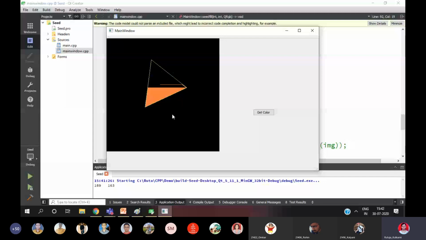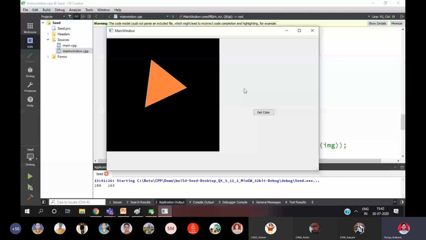It goes on filling the bottom part now. Some delay I have given. If you increase the delay, you can see how it gets filled. I will increase the delay so you can observe it properly.